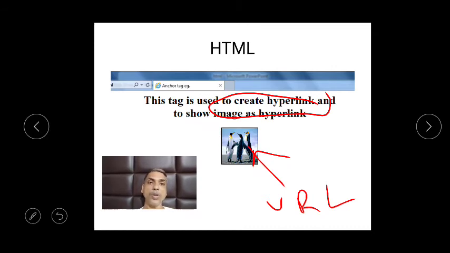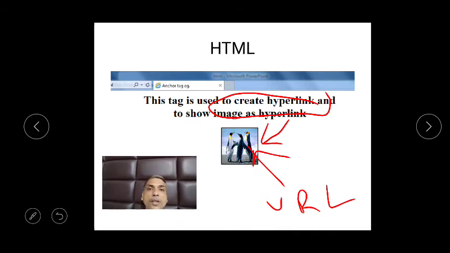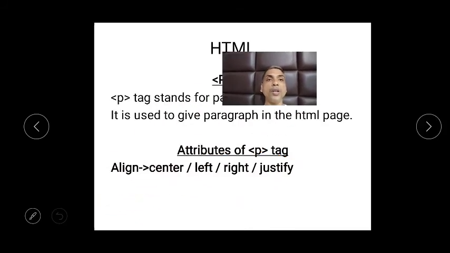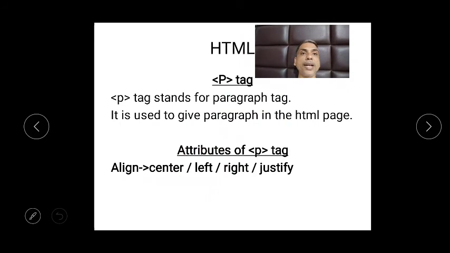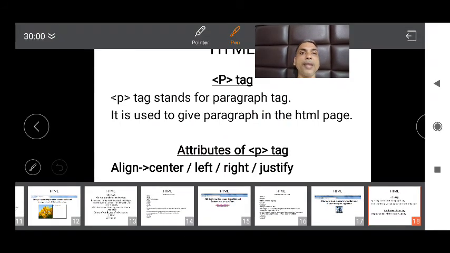If you want to go to that particular URL, you have to click on this image. So this will behave like a hyperlink. I hope you understood that in the first case text is the hyperlink, but in the second case image is the hyperlink.